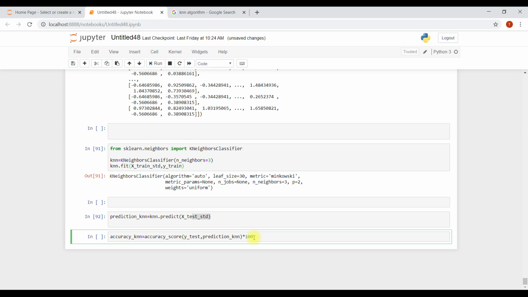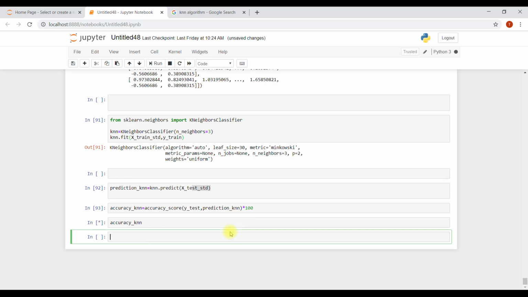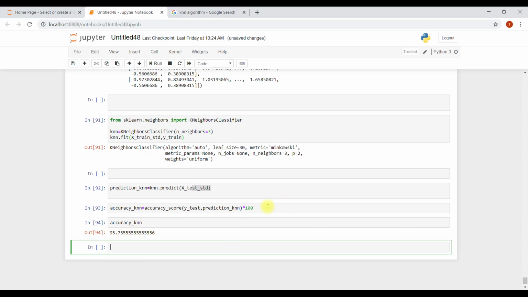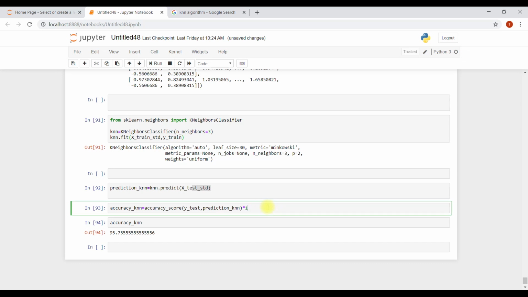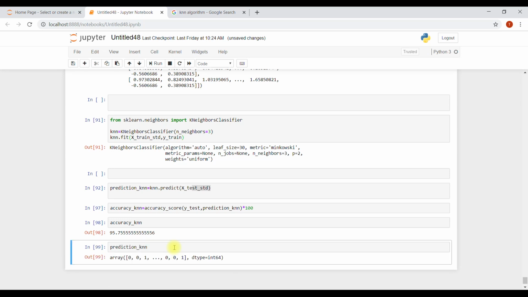Multiply by 100, because see, accuracy_knn is 95%. Why 100? Because of course it's 0.95, so that's why. In the decision tree we were having 97% accuracy. Means if I just call prediction knn and